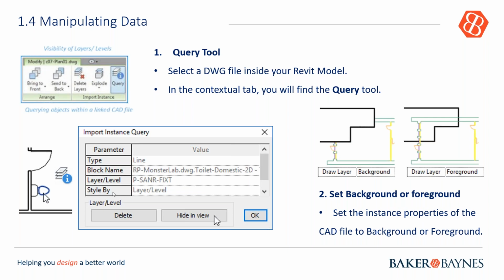So this specific toilet is on that level or layer, and that's the block name that it was called, and the type parameter is a line. The options it gives you is that you can actually hide it in that view, right? So